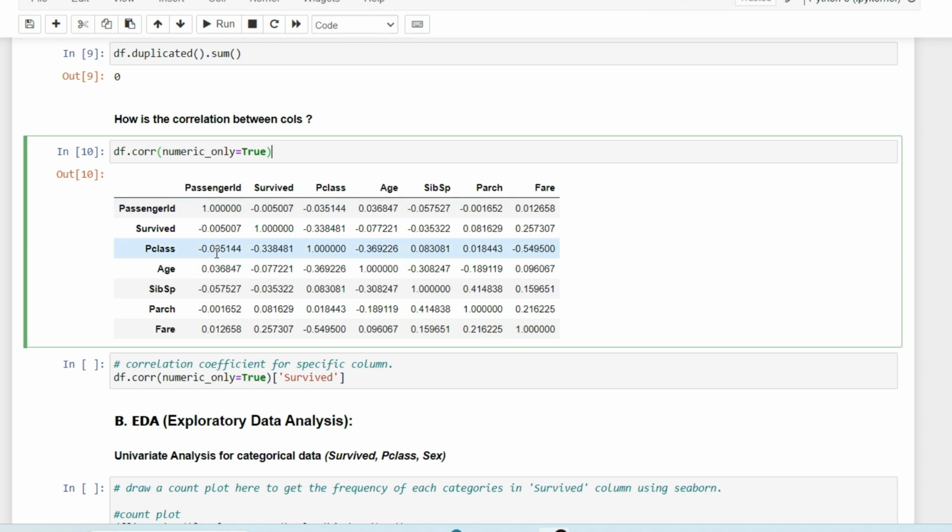Let's say this Age column and this Survived column. It is showing me a value of minus 0.077. So what kind of analysis can we make? See, a negative value shows that if the value of one column increases, the value of the other column decreases. A positive value shows that if the value of one column increases,